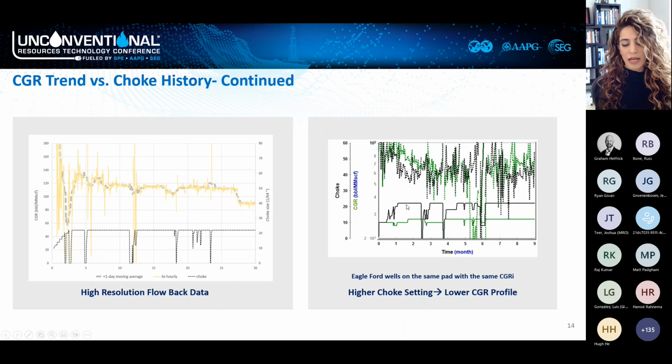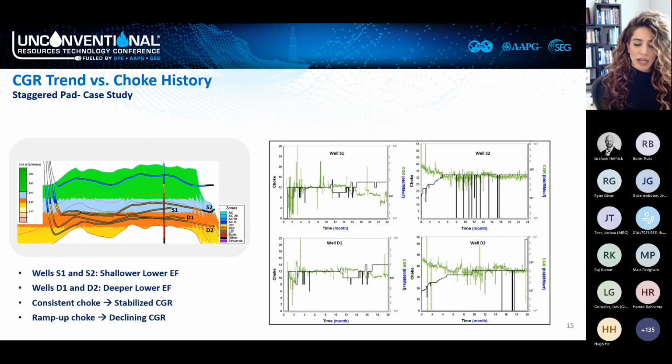So let's call that well A, that I'm showing in black here, the choke profile in black and the CGR profile in black for well A. In contrast, I'm showing well B in green. So this is the choke for well B, and that's the CGR. And what is very obvious here, you can notice that the well that had a larger choke size yielded less liquid or condensate at the surface. So more and more examples of how choke has a very direct impact on how much condensate they produce